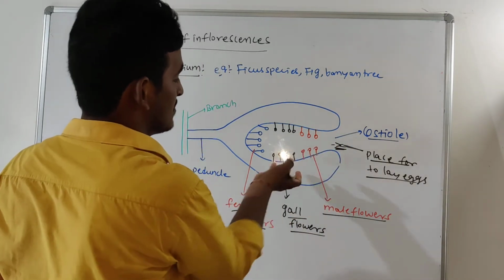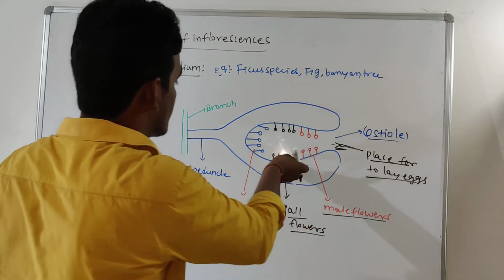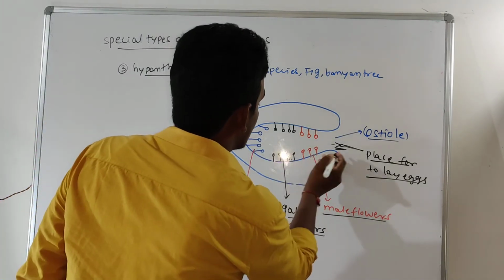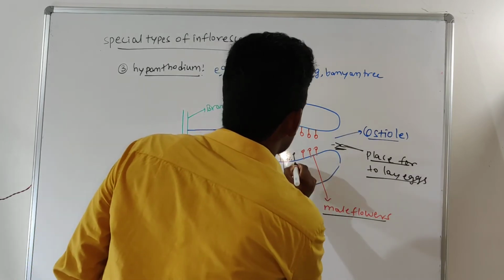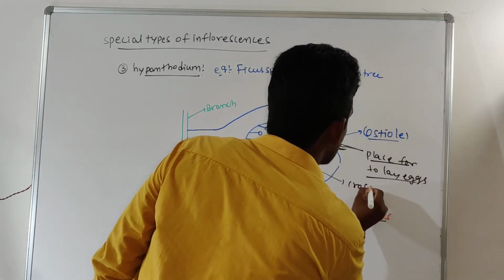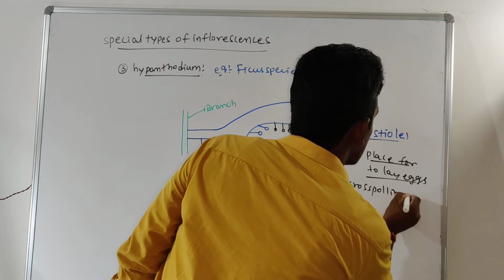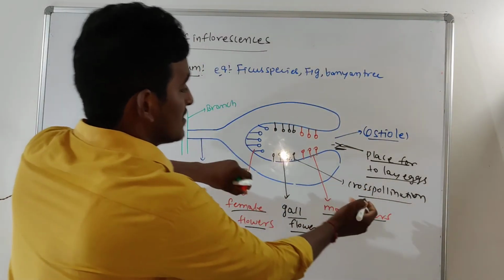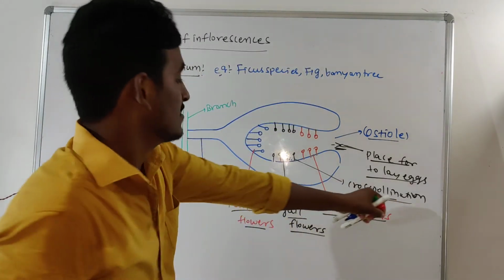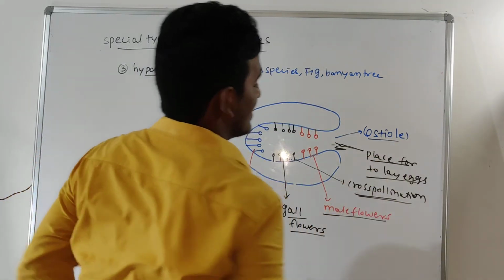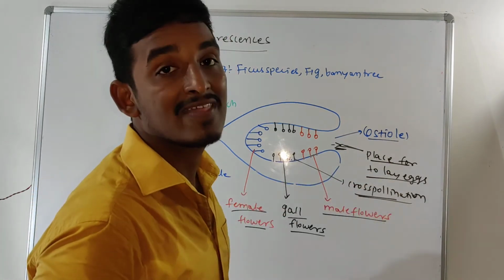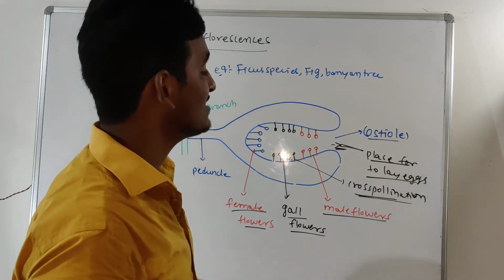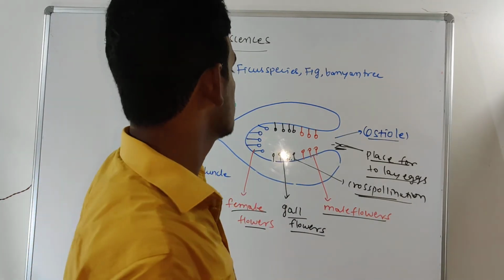It has a protective place inside this inflorescence. Along with that, how does the inflorescence benefit? The inflorescence gets cross pollination, and the insect gets a place to lay eggs. So both are benefited. This type of relationship we call a symbiotic relationship.